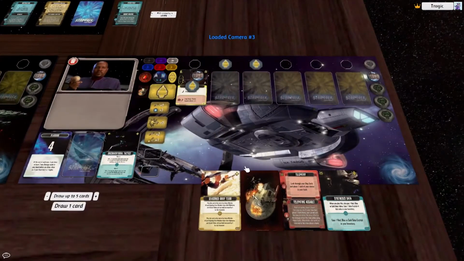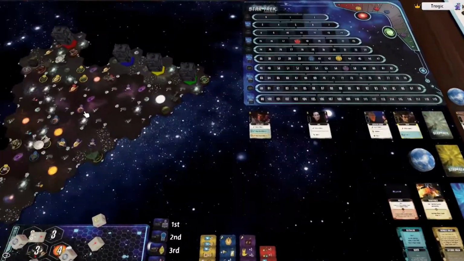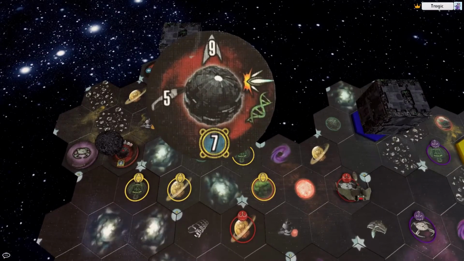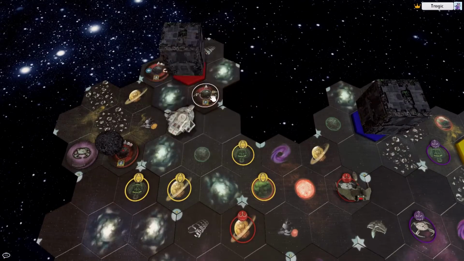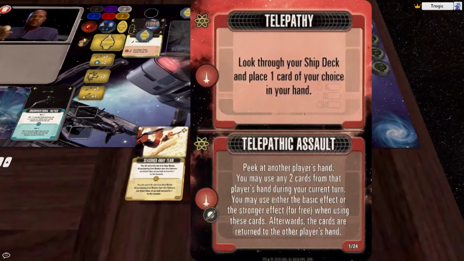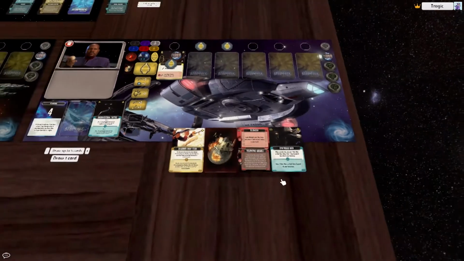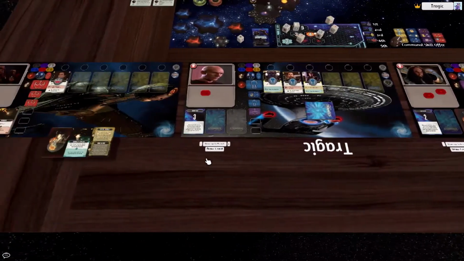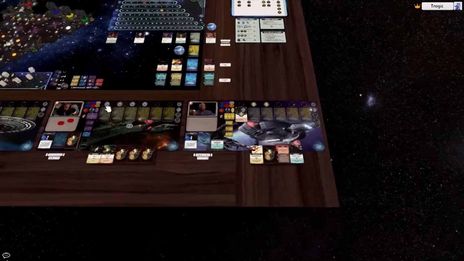Now it's Sisko's turn again. He's pretty much got nothing he can do either. This guy is 9 attack to kill, and it is 10 to block. So, unless there's a great telepathy card that we can use, which we don't have the mana for, there's nothing we can really do here. So, his choice...